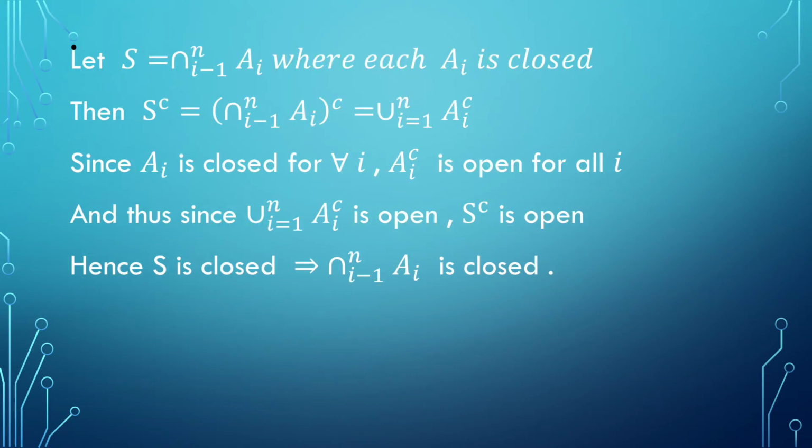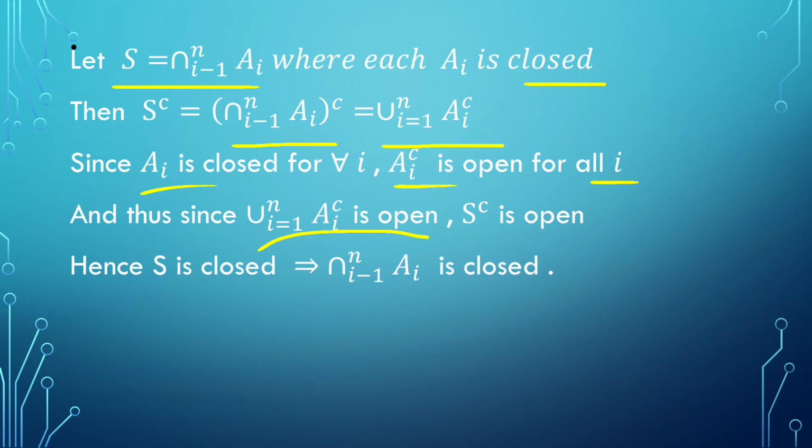Now part B, for intersection. We let S be the intersection of the A_i for i from 1 to n, where each A_i is closed, so that if you get the complement of this, by De Morgan's law the union of the complements is equal to the complement of the intersection. Because the A_i are closed for all i, their complements are open for all i, and since their union is open,